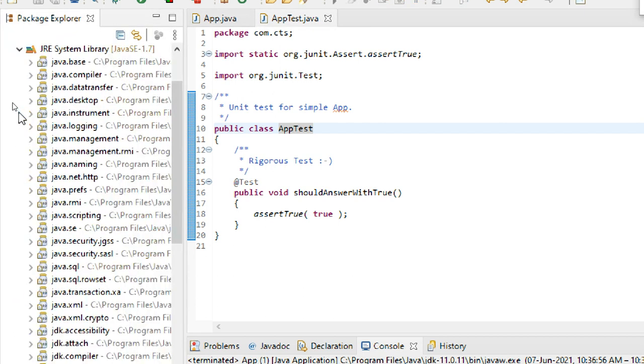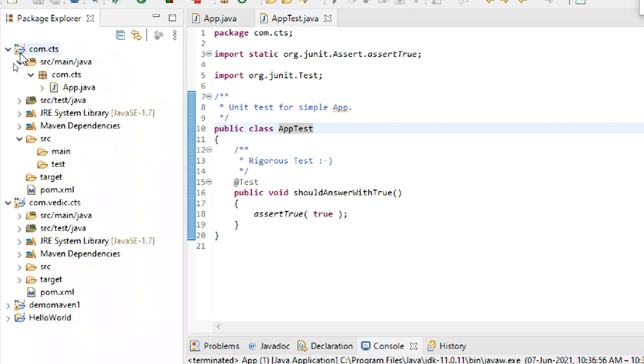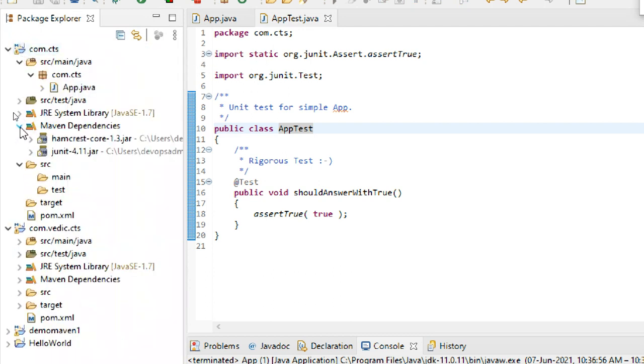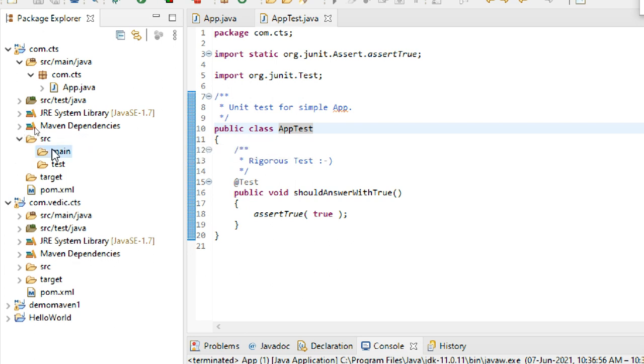For testing purpose, this is the JRE system library to run this Java. This is Maven dependencies, Maven related jar files. It is already added. This is JUnit 4.11 Java jar file added for testing.